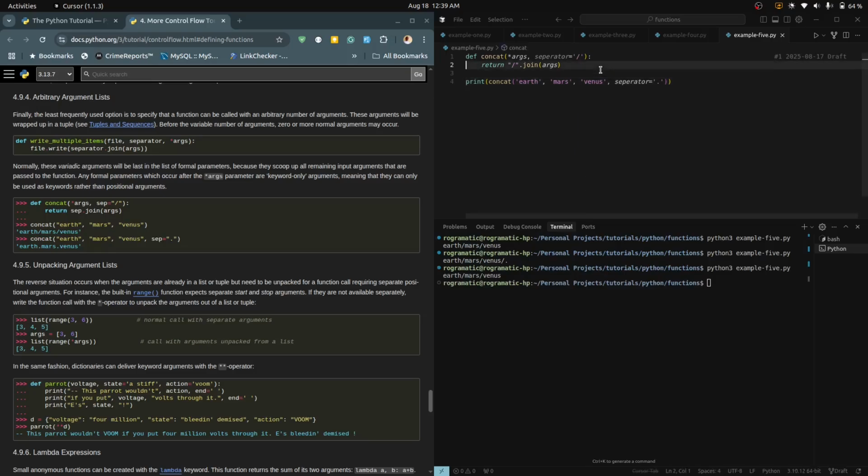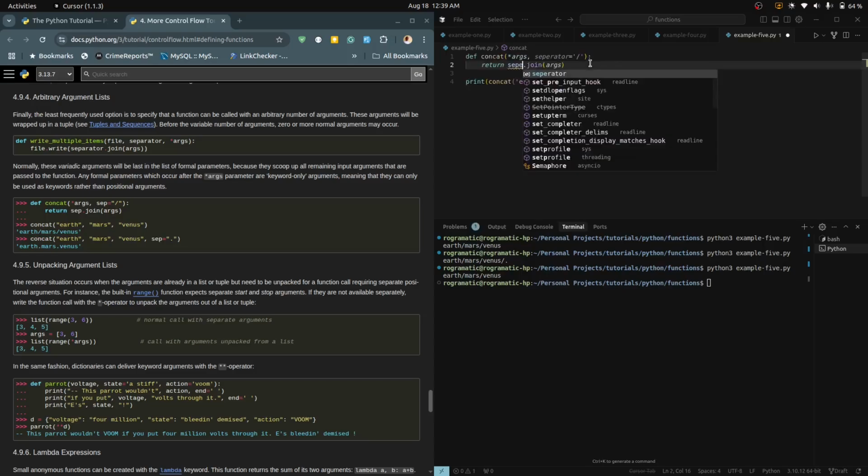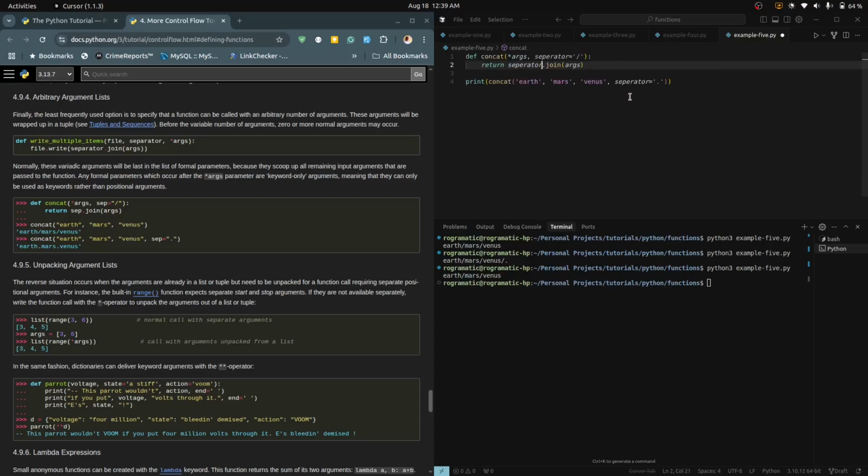Okay, we have to use the separator here. So if we save and run, now it has changed to